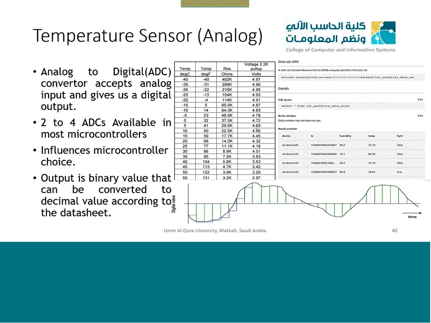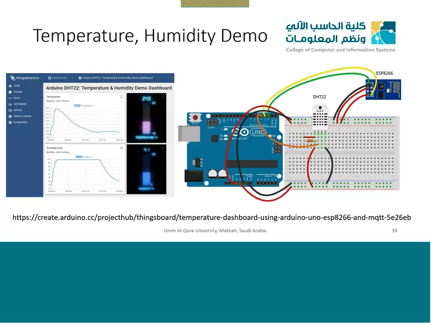It will give us a voltage value because it is an analog sensor, and then the Arduino or the microcontroller connected in Arduino has a built-in analog to digital converter. So we will connect. You can see there is an orange wire connected at the analog to digital converter pin.